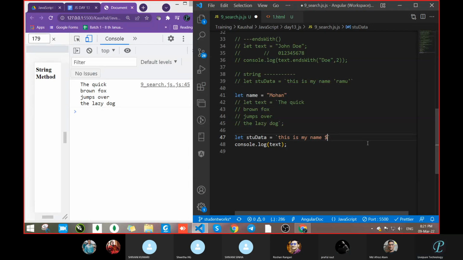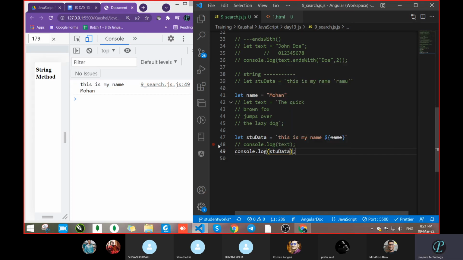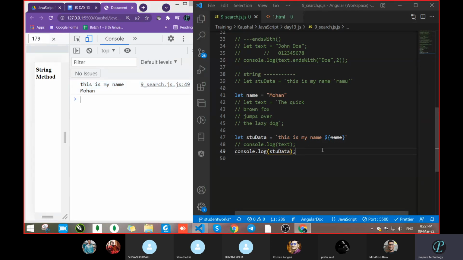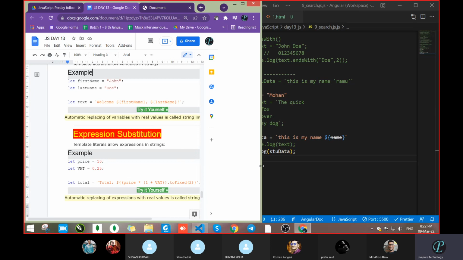How will we take it? Dollar, curly braces, and name. Save. Now we got the variable's value. This is my name, and this becomes Mohan. Mohan is coming from the variable part. We already saw this from the starting itself. So this way we can pass it, and this itself is known as interpolation.